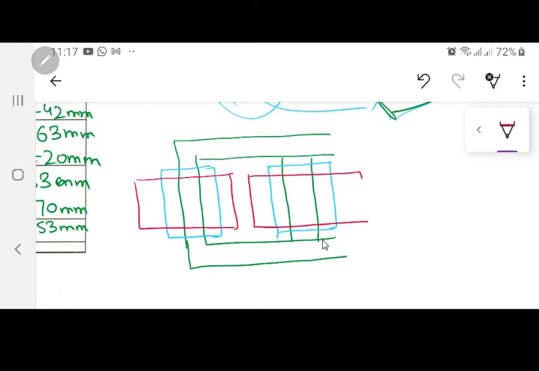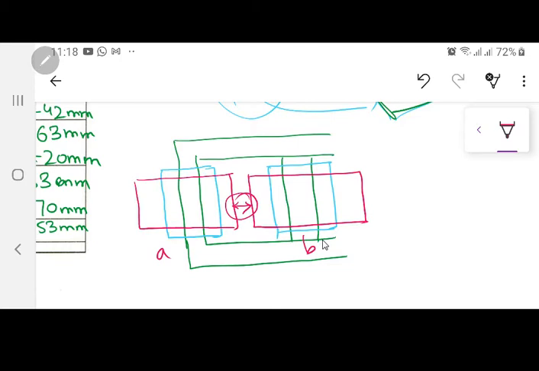Now the distance between the two high voltage windings is very critical. You can't keep them very close. Why? Because this is phase A, this is phase B. They are going to have a 120-degree phase difference. It's a line to line voltage, and that line to line voltage for the high voltage winding is 11 kV. So this distance has to be kept at some threshold value, and that is told in this book as a value of 13 mm. Okay? So I am going to keep this one as 13 mm. Now you can't reduce it below this 13 mm.